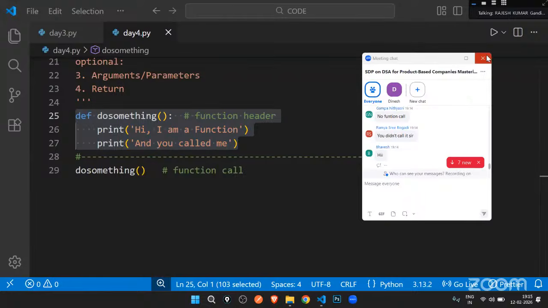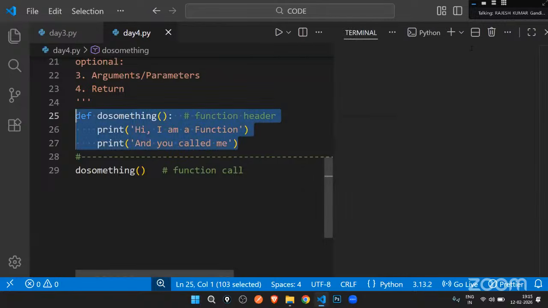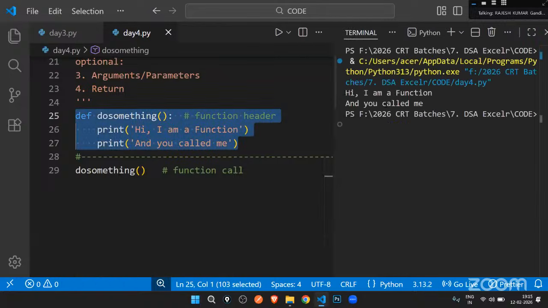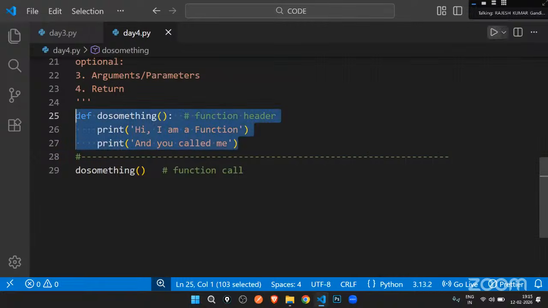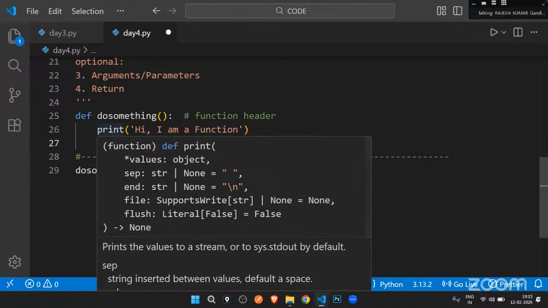Very good. Perfect. Right. So see here, now I'll be running it one time. I'm getting the output. I've called the function. It's been executed. Done. Imagine I have some 1,000 lines here, and let's say I'm writing a very big code. I need it at multiple locations. Multiple times I wanted to execute these 1,000 lines at multiple locations. I'll not be able to write a loop for it because it's not continuous. They are all at different places. Imagine it has 1,000 lines. I cannot write 1,000 lines and show that to you now.